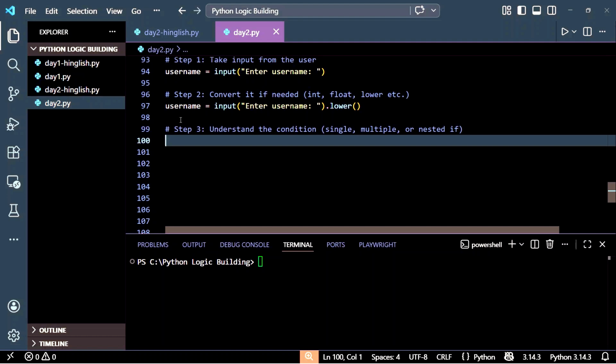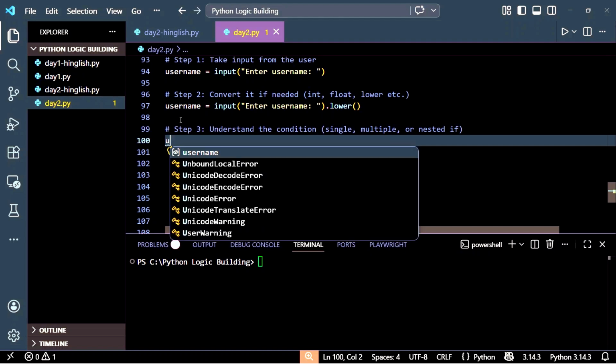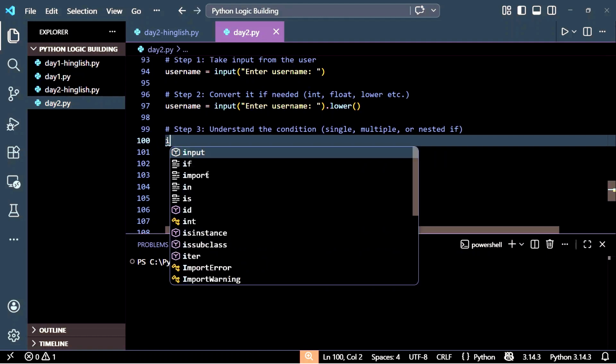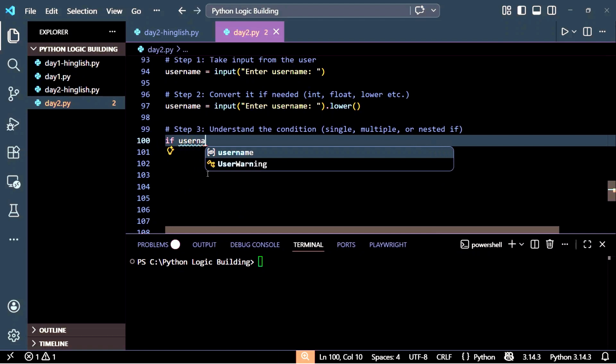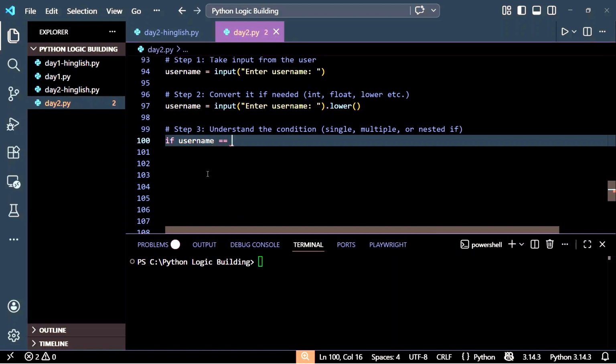So how to convert it into code? First I will use an if statement for the username. If my username is equal to admin, only then I will enter the next step, that is the